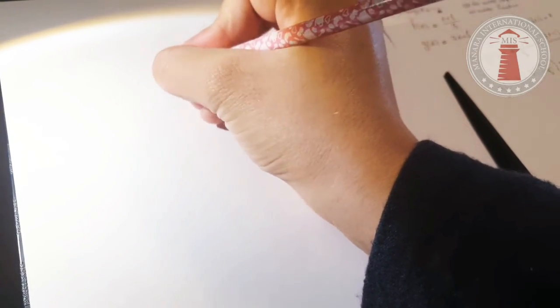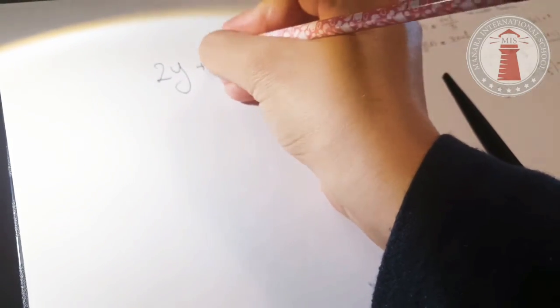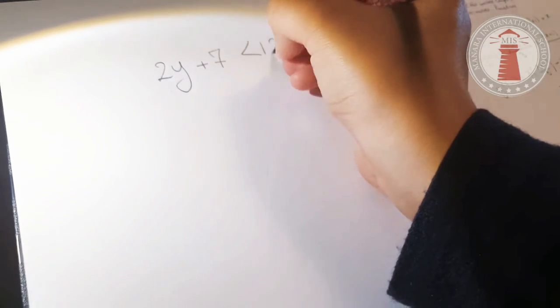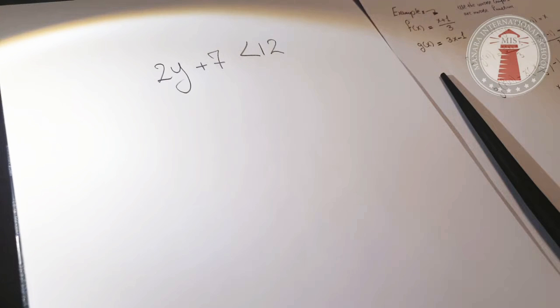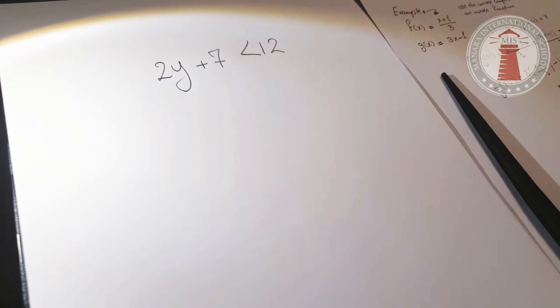We have 2y plus 7 is less than 12. Now here I'm going to show you another thing that might change the direction of the sign of the inequality, even if it wasn't just multiplying or dividing by a negative number. This is another case, a second case that might happen. The second case is, like I told you before,